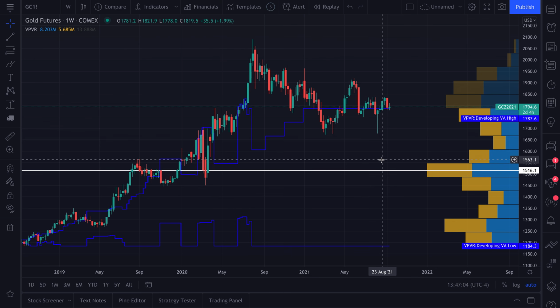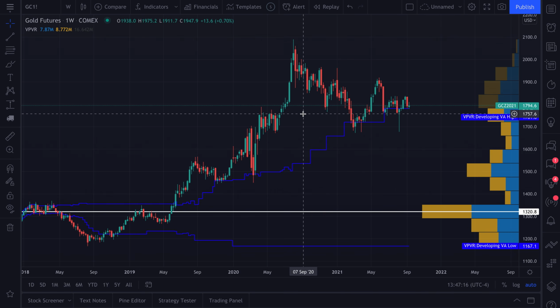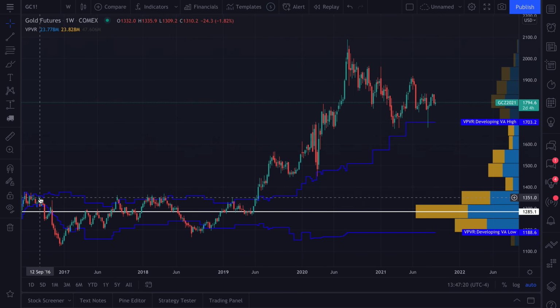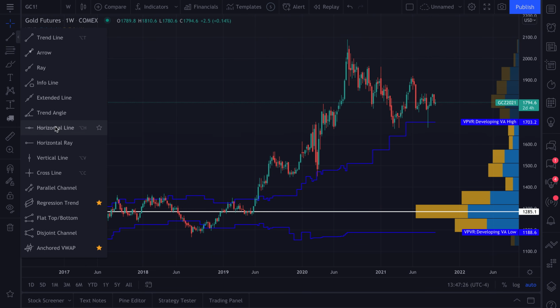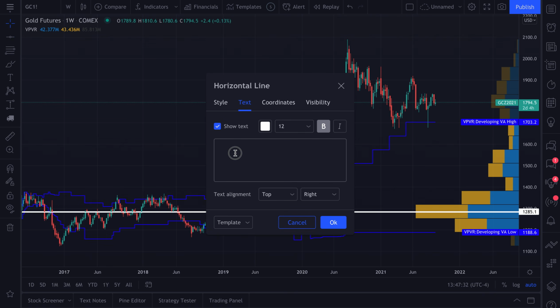So one way you could use this tool in your research process is to speed up the way you study longer time frames and zoom in and out on a chart. So we can start to show you an example. This is a weekly chart going back to 2016, 1,285. So what you could do then in that case is perhaps draw a line here, double click, show text,